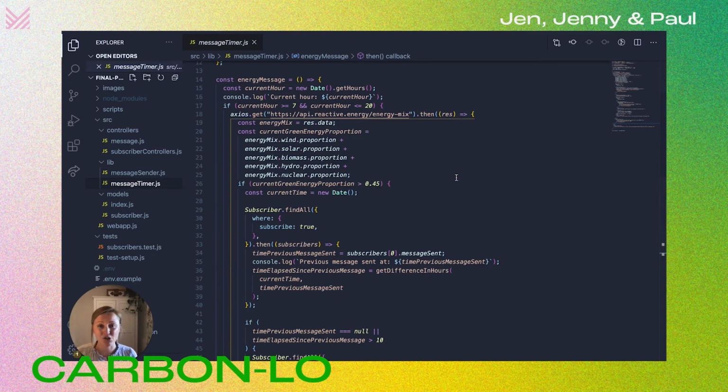If it is during the daytime, we make that call using Axios to the reactive energy API. Then we grab the data that comes back from that. We do some data manipulation. So we grab all the different low carbon energy sources and add them together, work out what the proportion is. If the current energy proportion is above a certain threshold, and at the moment we've set it at 45%, then